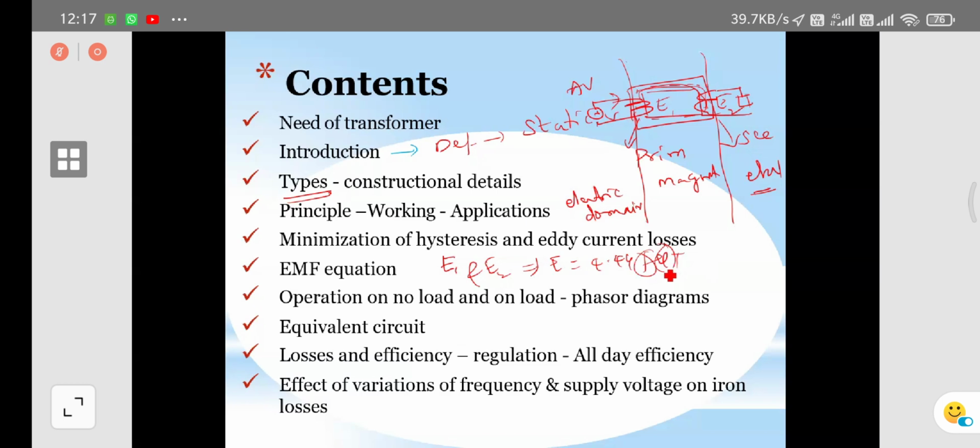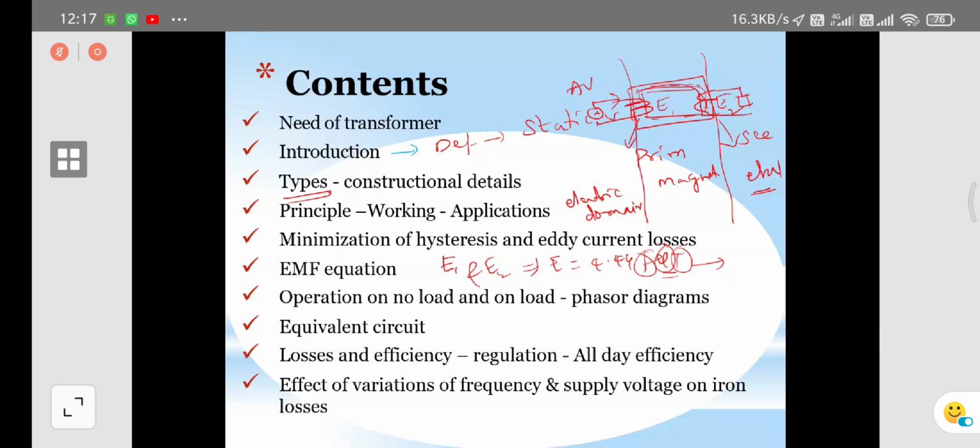Flux for that is what about the flux. So that is what about the flux here, and what about the number of turns here. So the operation on no load and load, and phasor diagrams. Before going to discuss the transformer operation on no load condition and on load conditions, first of all we